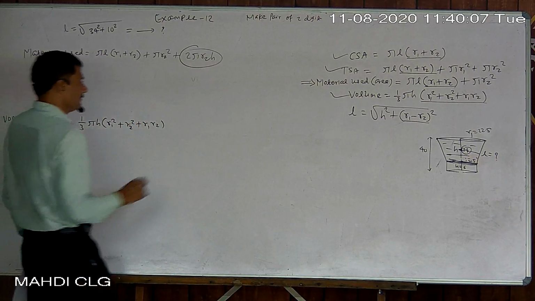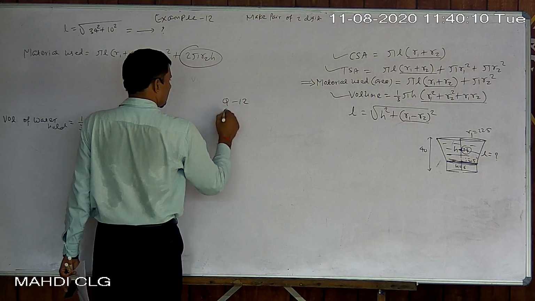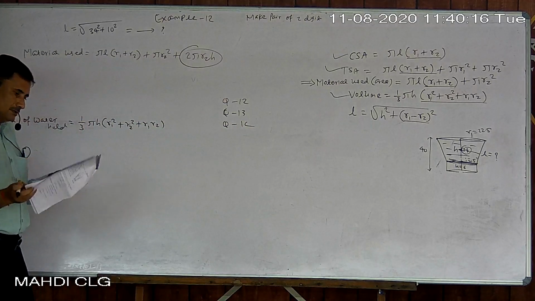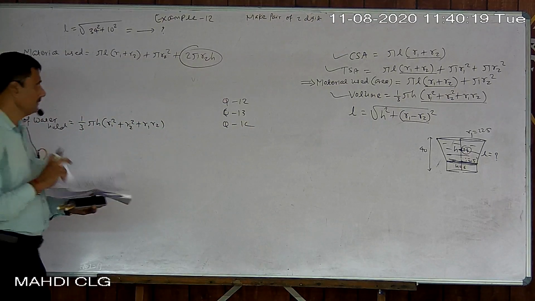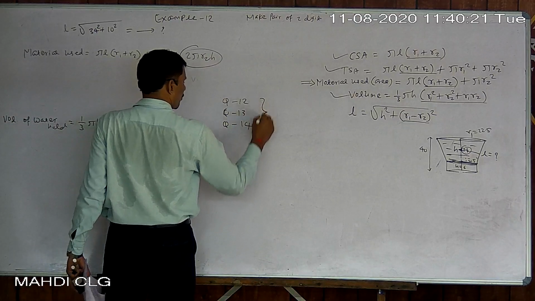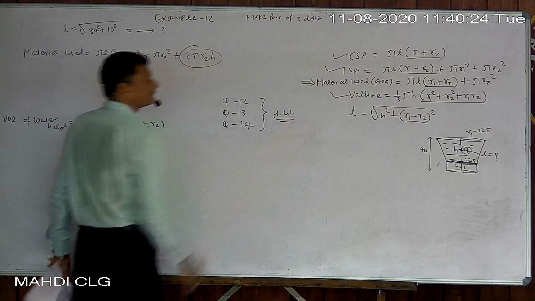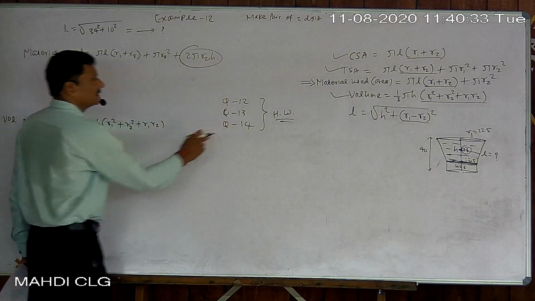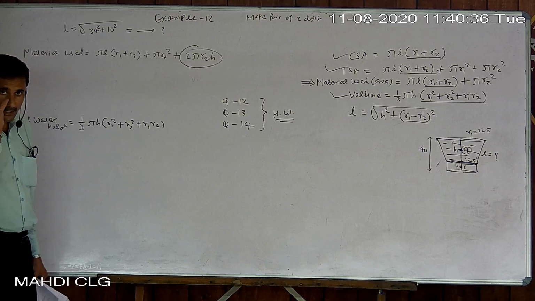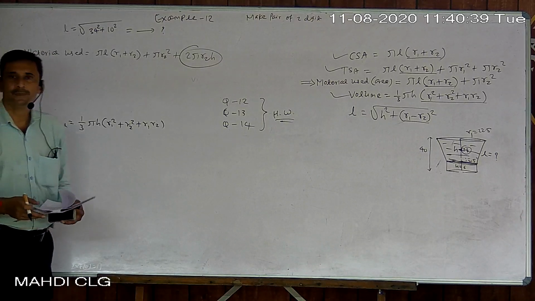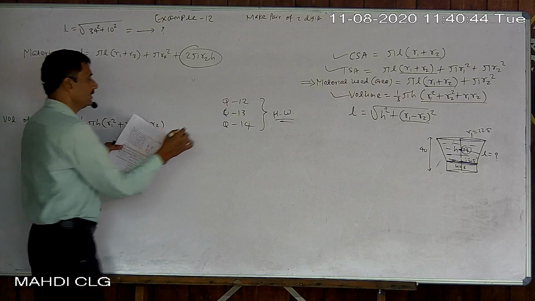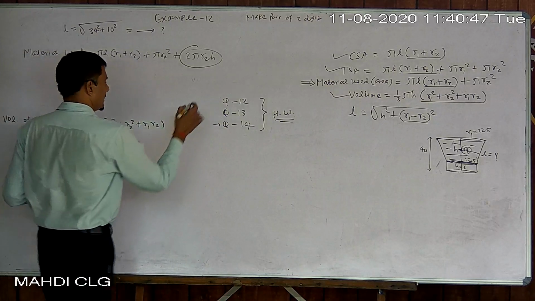So go through questions 12, 13 and 14, not 11. Only three questions. I have given you hints, not a single sum I solved fully here. So solve all three sums as homework, and also try the square root by that particular method. In number 14 it is used, and in number 12 it is used.